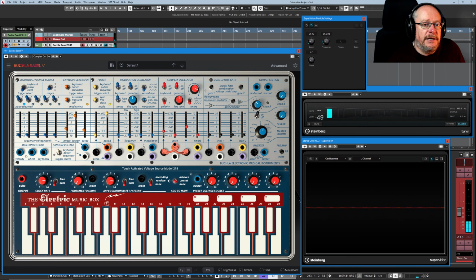What's basically happening there is that the pulsar is constantly firing the envelope, and so you can see this orange light here indicates whether or not the envelope, the gate, is currently open or closed. It's permanently open because it's constantly being fired. I slow it down,